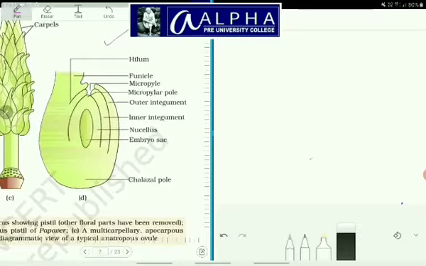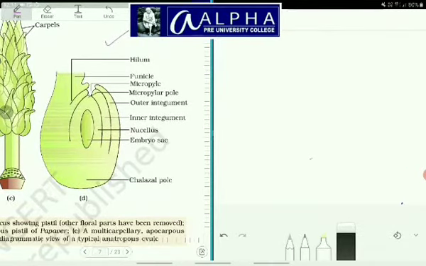Okay? And in this class, as you all know, I do not have an orientation to explain the structural features of any diagram. Here it is just to make you know how to write the diagram easily. So to write this diagram, you write